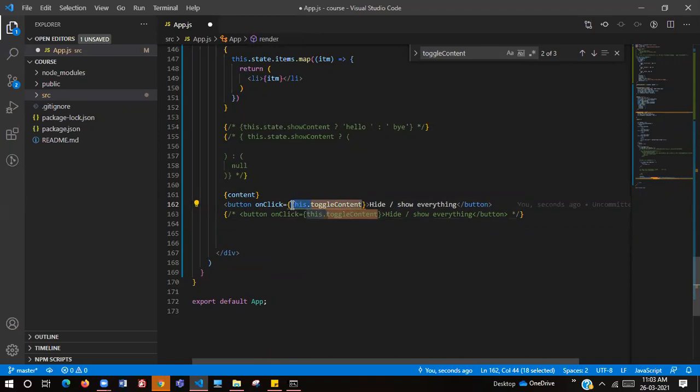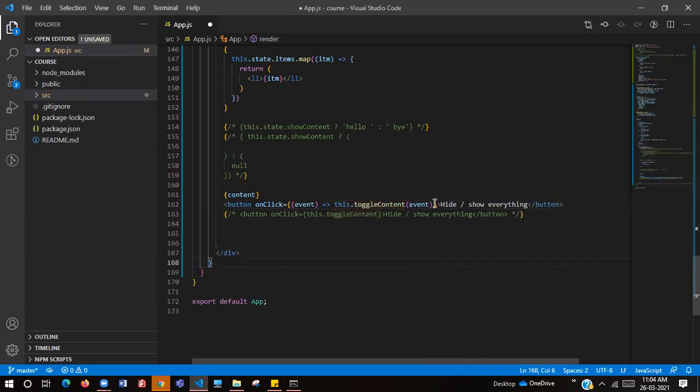While declaring the toggle content, can we pass a parameter there? I am asking, if we do it like this, can we send an event to that? Can we send an event parameter like this to toggle content?